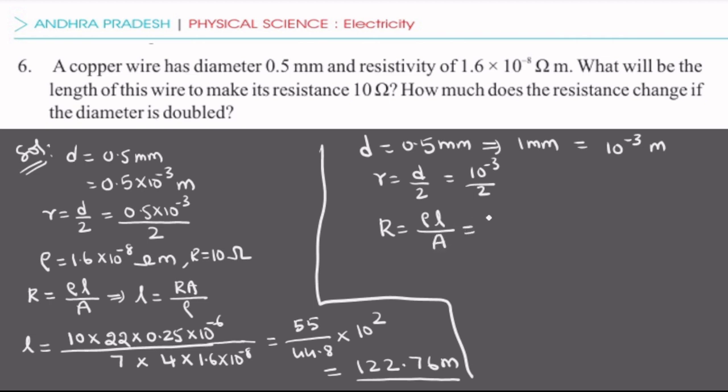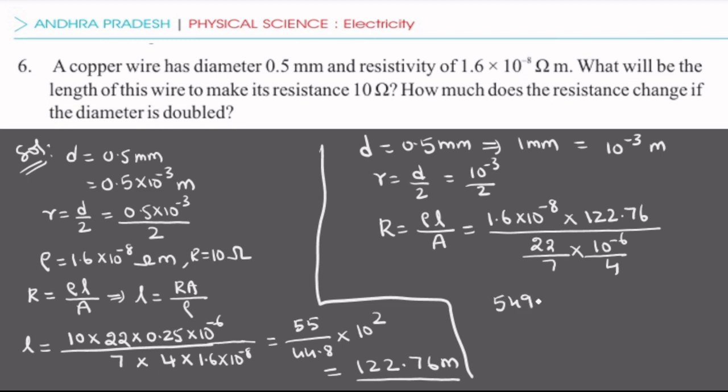Rho here is the specific resistance, that is 1.6 into 10 power minus 8, into the length we got, 122.76 meters. So 122.76 will be the length, divided by the area of cross section pi r square, that is 22 by 7 pi r square. See here, r square means 10 power minus 3 by 2 whole square. So that is 10 power minus 6 by 4. If you make some simple calculations or simple multiplications, we get